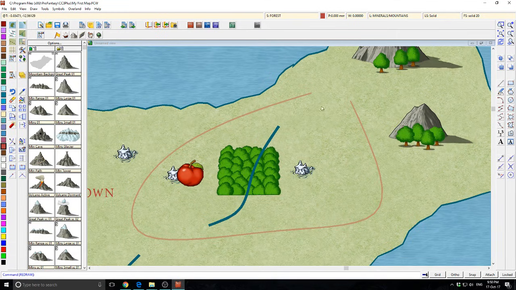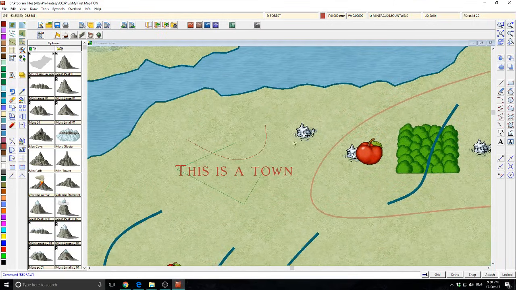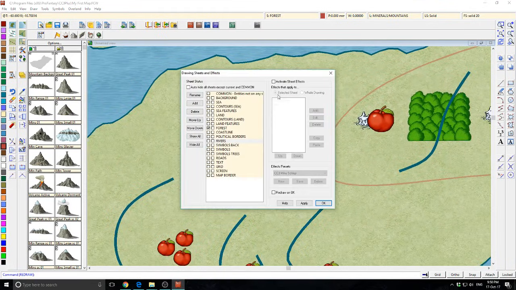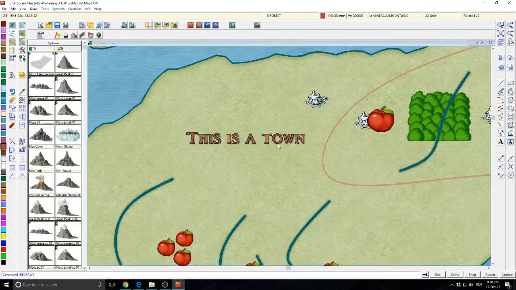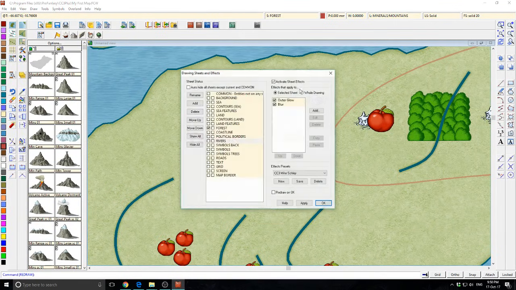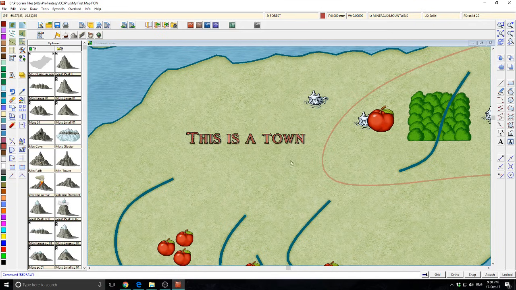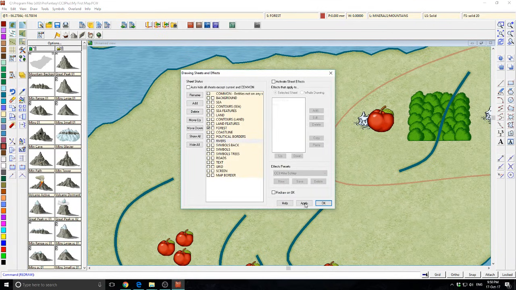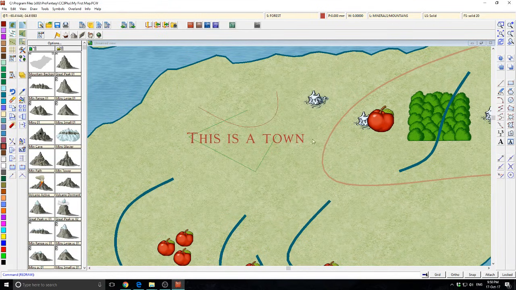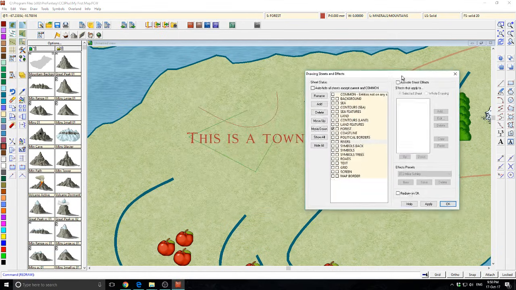Okay, so did we see anything actually change there? I don't think I really noticed anything too significant. And different styles of maps can have different tiles, but there's a very obvious change. So I'm going to do that again. I'm going to turn off sheet effects. Alright, and you can see this is a town, that's the text. I'm going to turn on sheet effects,